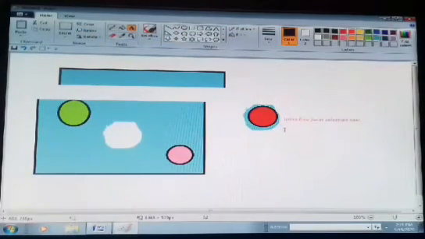Okay, this is using free form selection tool, and this is using rectangular selection tool. Now dear students, you can also move and copy an object.